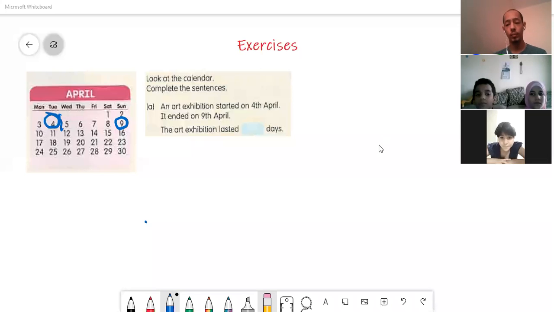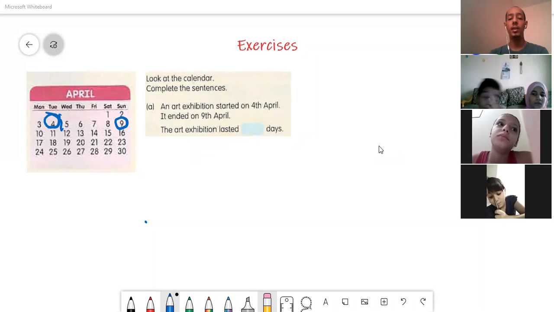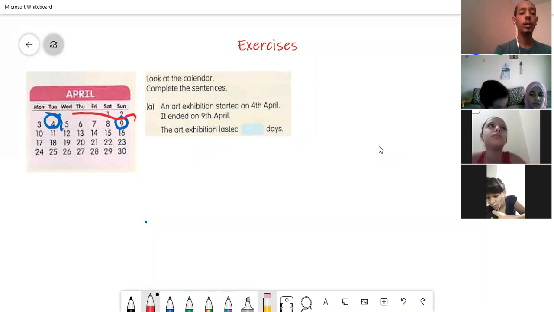Going to count that. Okay, so the starting day was on the 4th. Then we are not going to count after it, because in the question it didn't say how many days after or later. But say it says, how many days did the exhibition last? Okay, so we are going to count that day. So we are going to say